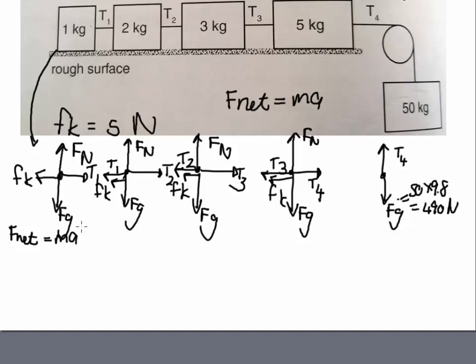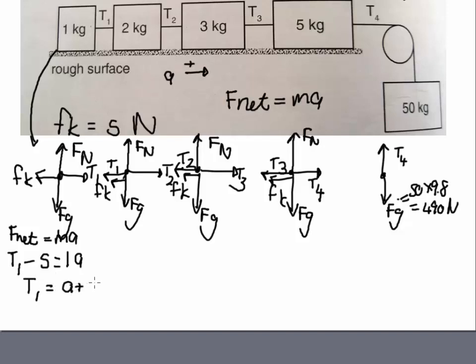The block is not moving up or down, so we are not going to look at that now. We're going to look at the acceleration in the horizontal. I'm also going to assume that my acceleration to the right is positive. So when I do this, I'm going to take my force T1 to the right, positive, minus my force of friction, which we already know is 5 Newton, is going to be equal to my mass, 1 kilogram, times A. So here we can say T1 minus 5 equals 1A,